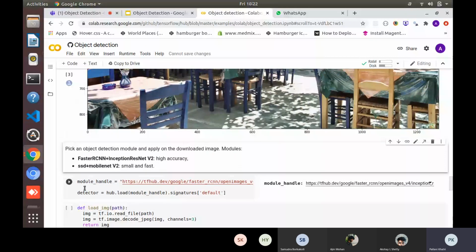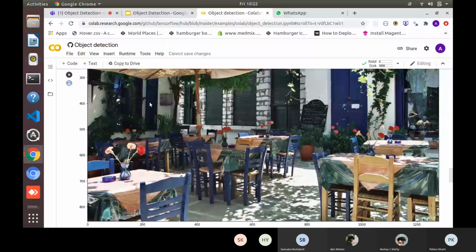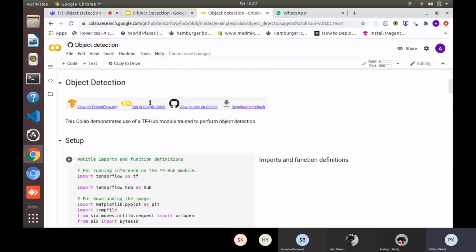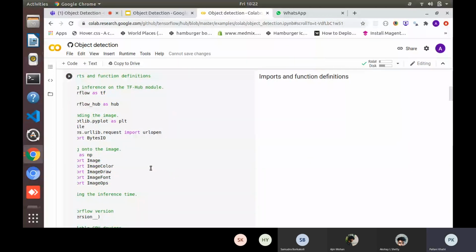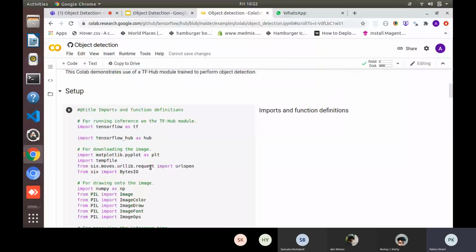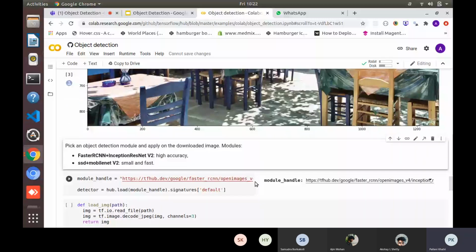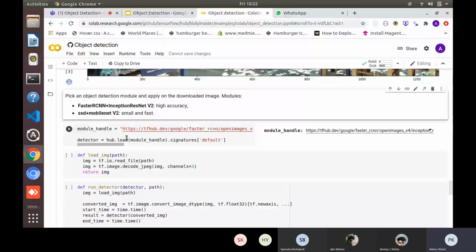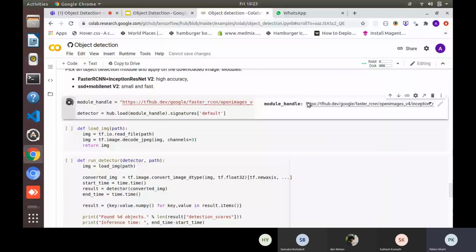Then what hub.load will do. If you see here, I have imported a library called hub from TensorFlow Hub. Now what I am doing is simply calling their model here. So loading the model, play. It will load the model into this detector variable. It is loading.